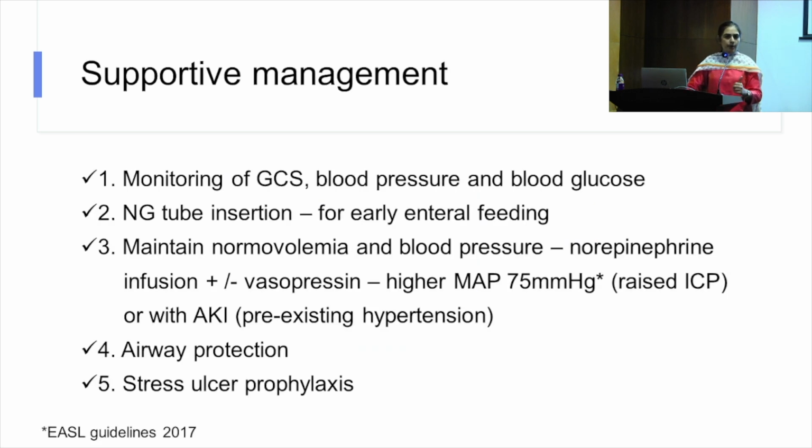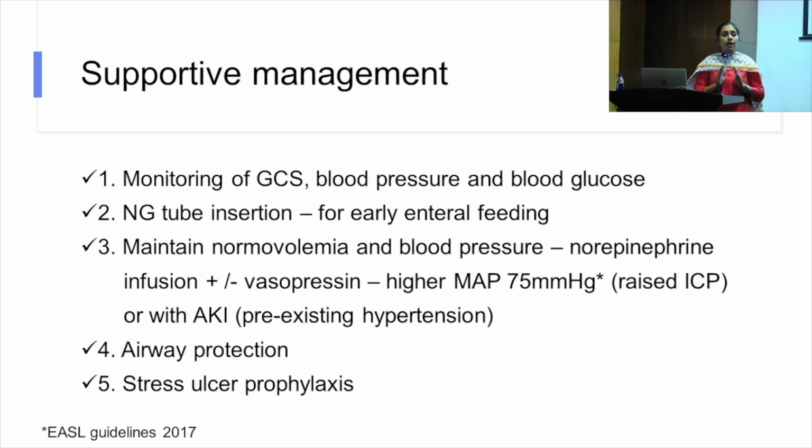So when it comes to supportive management, as I have already mentioned, the GCS has to be monitored. The blood pressure can be very labile, so you need to monitor the blood pressure and the blood glucose. An NG tube has to be inserted so that you can start early enteral feeding. Maintain normovolemia. Normovolemia is very, very important, and the blood pressure has to be maintained with norepinephrine. If required, you can add a vasopressin if there is an ongoing GI bleed and you are suspecting already the